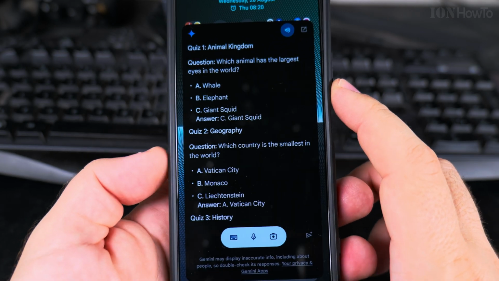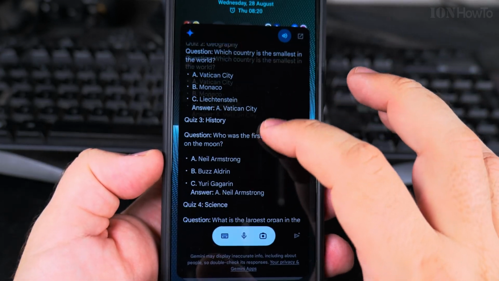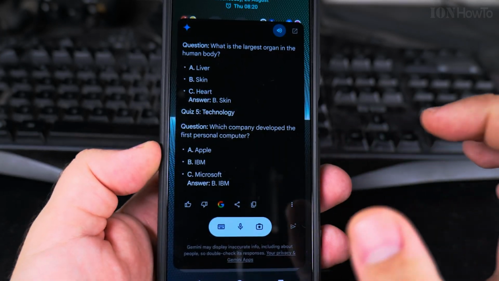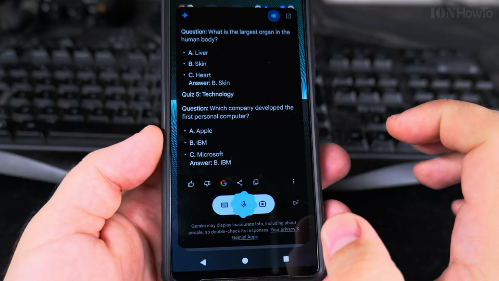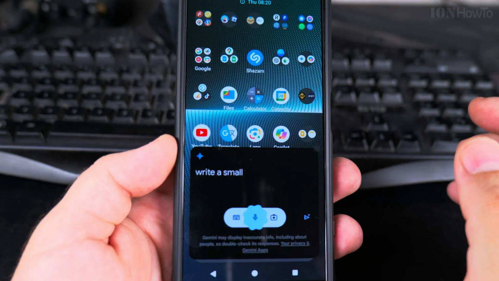Oh, the giant squid has the biggest eyes. So you get the results here. You can use it to make some stories. Write a small story about